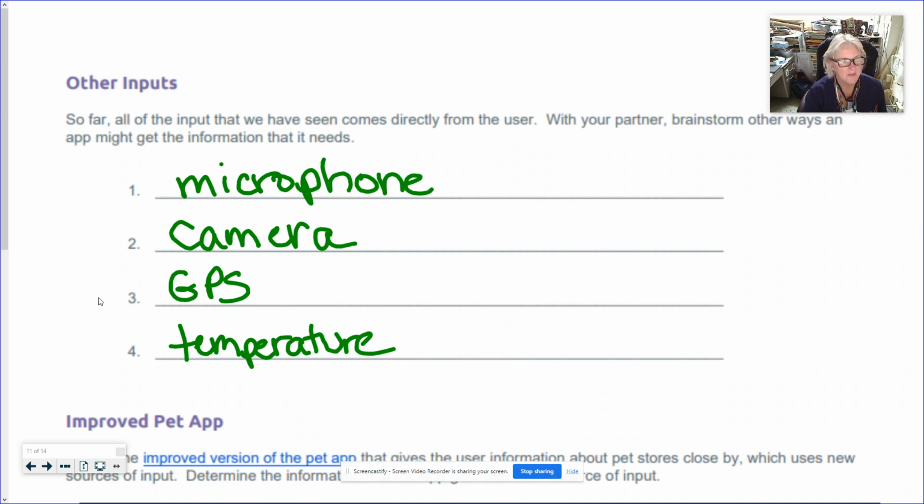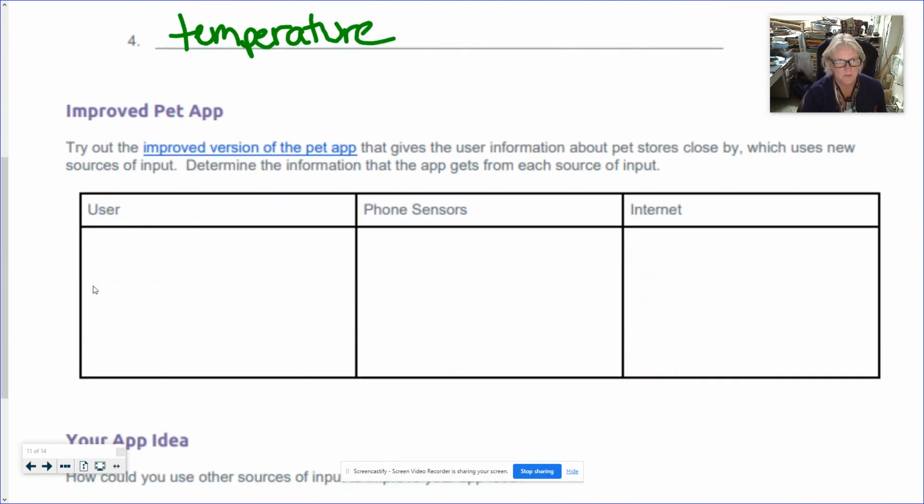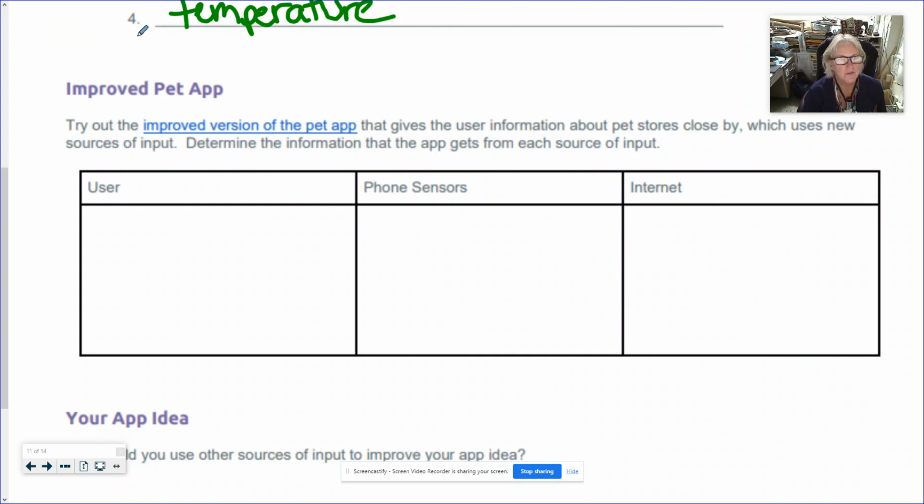Okay, excellent. Now, on this last part, it's called the Improve Pet app. Okay, you're going to have to go to code.org again, same lesson, lesson number 5, and they improved the pet app a little bit. It starts out the same, okay, but this time it wants you to jot down what kind of information does the user provide, what kind of information is picked up by the phone sensors, what does the internet do on this improved app to provide information from the input and the output,